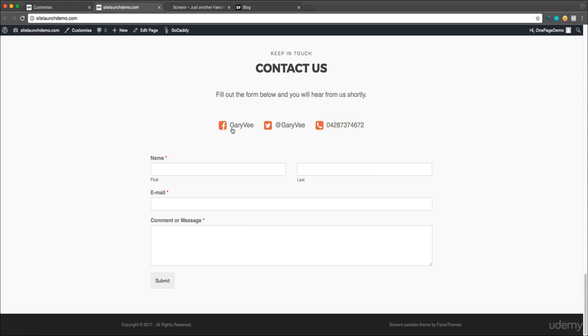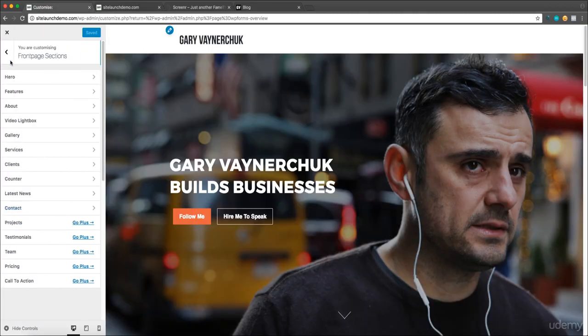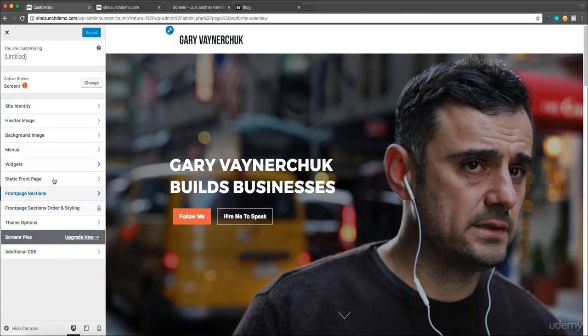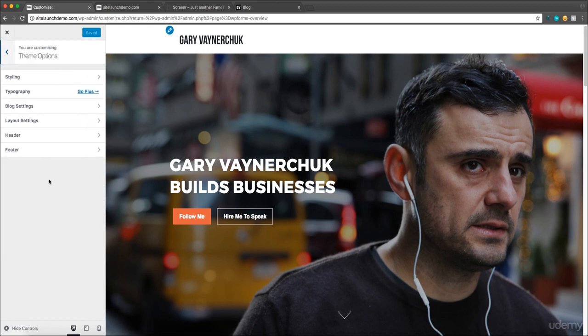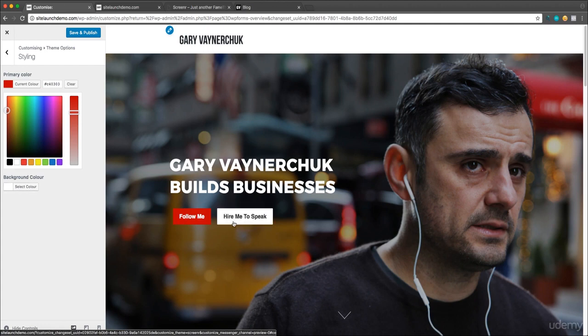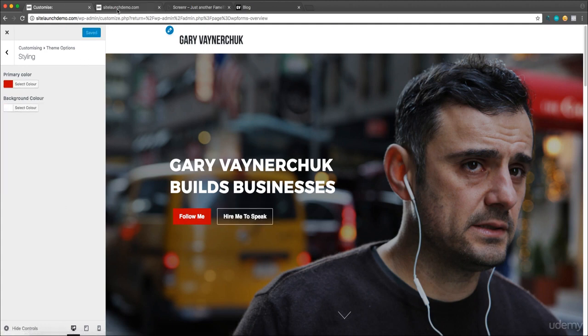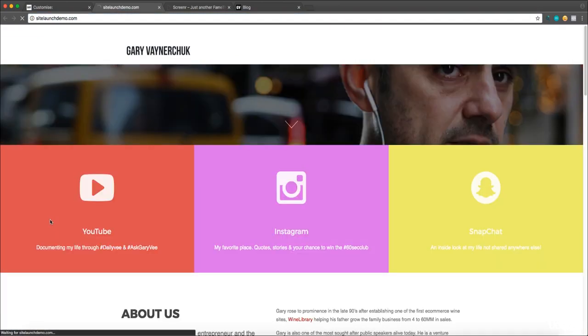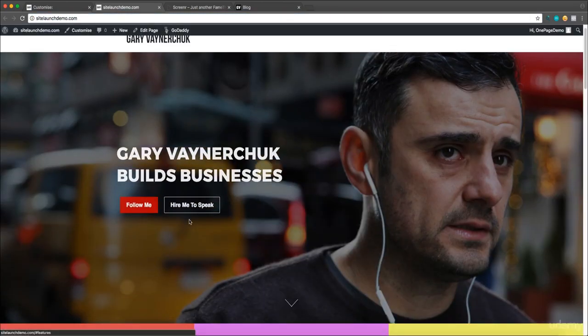The orange colour they've got here, if we didn't want them to be that colour, what we could do is go back and go into theme options, and then we can go to styling and we can change the primary colour. So we could change this to a green or a red, and you'll see this button changes as well. If we change this to a reddish colour, it means the primary colour for our site is now this red. So we click save and publish,